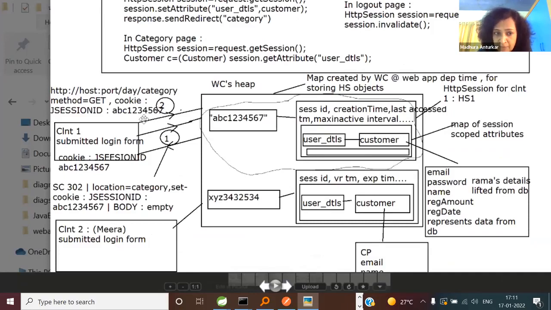Now inspect the response, RS1. What will be the response? SC 302, status code redirect. Location, here I'm playing in bookshop, so category. Set-Cookie, JSESSIONID, whatever the alphanumeric session ID, and the body content is empty. So this finishes RQ1, RS1.